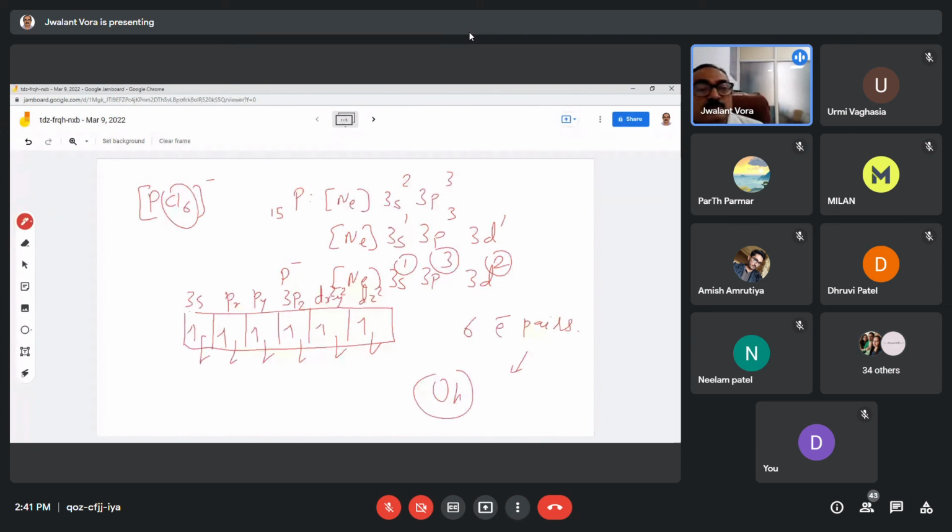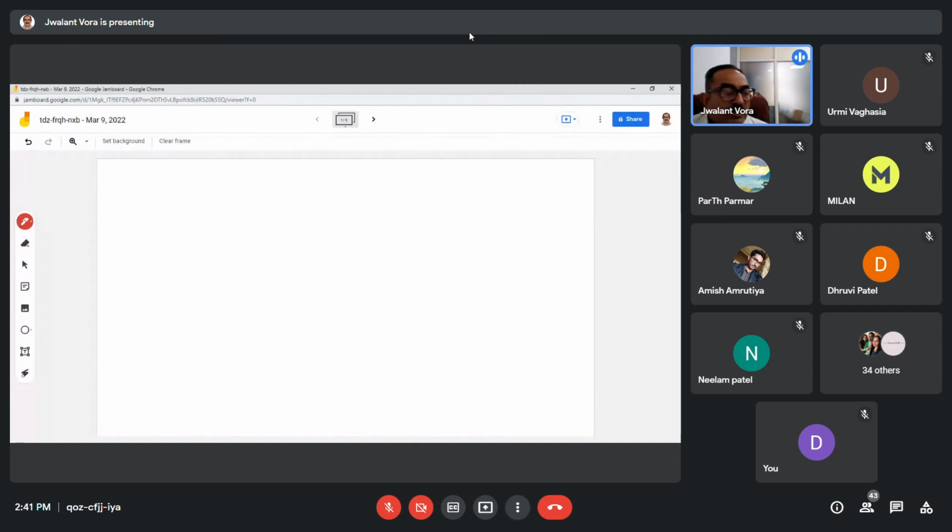So this is the explanation of some of the molecules. Moreover, the